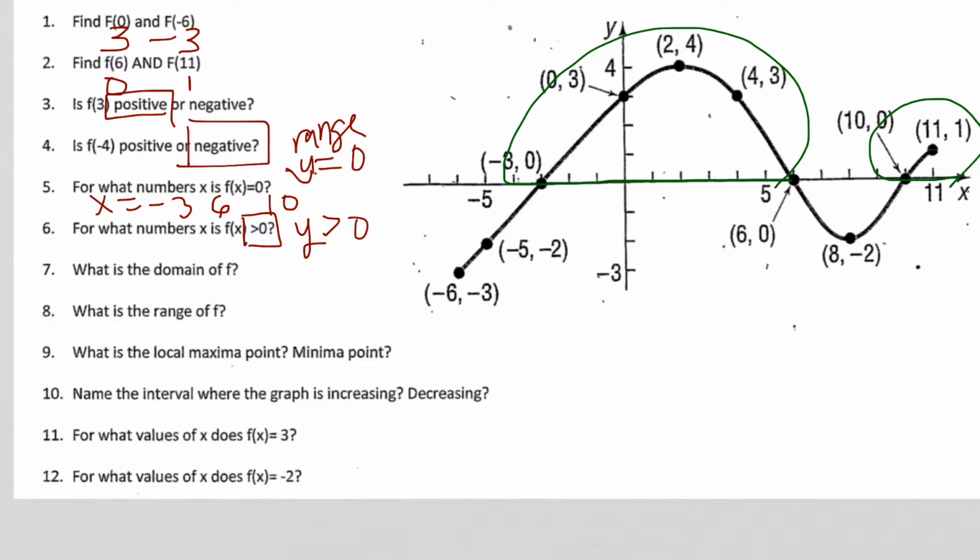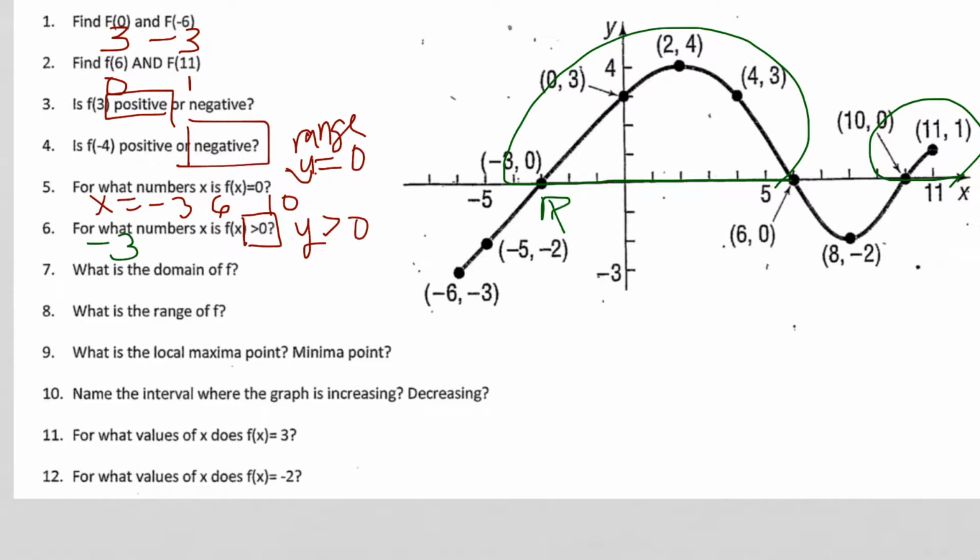All right, this answer here is going to be written in a range of values because it has so many answers. I'm going to be using brackets and parentheses to show where it starts and where it ends, this graph, where the y's are greater than 0. So let's take a look. It is starting right here at -3,